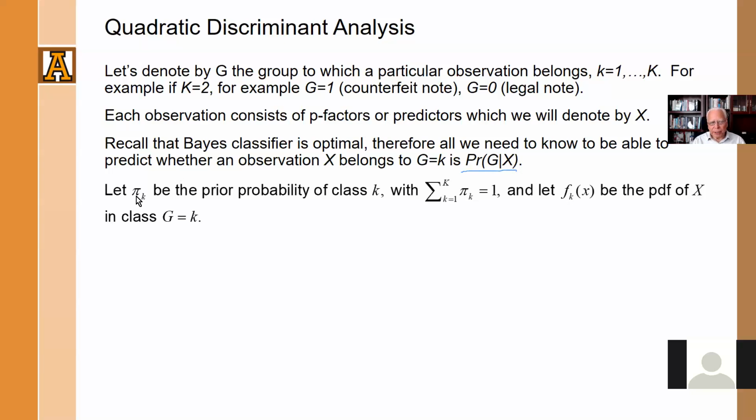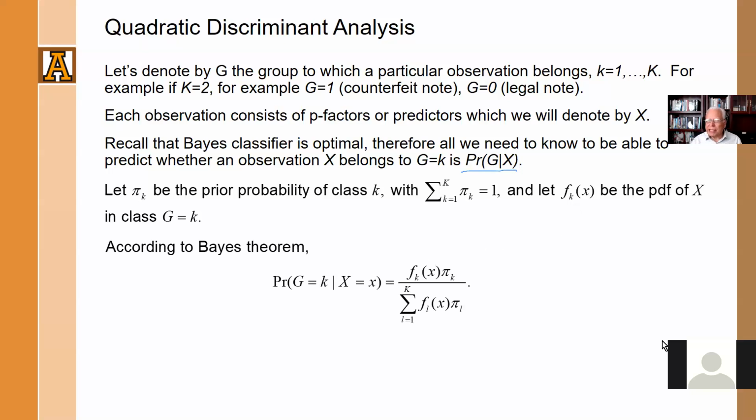Now, if P sub k is the prior probability of class little k, and we have K classes, the sum of P sub k is equal to 1. That means that every observation belongs to only one class, and all the classes contain all the observations. And if we denote by f sub k of x the probability density function of the observation in class little k,